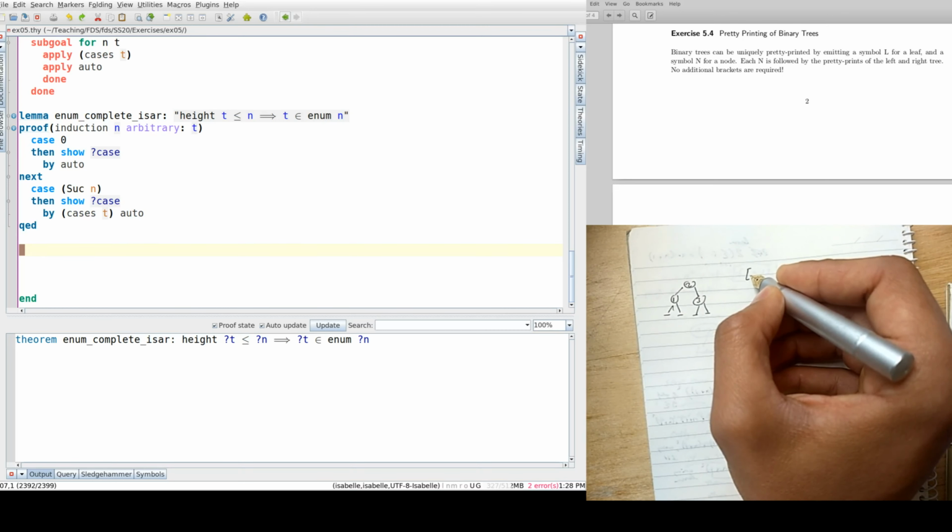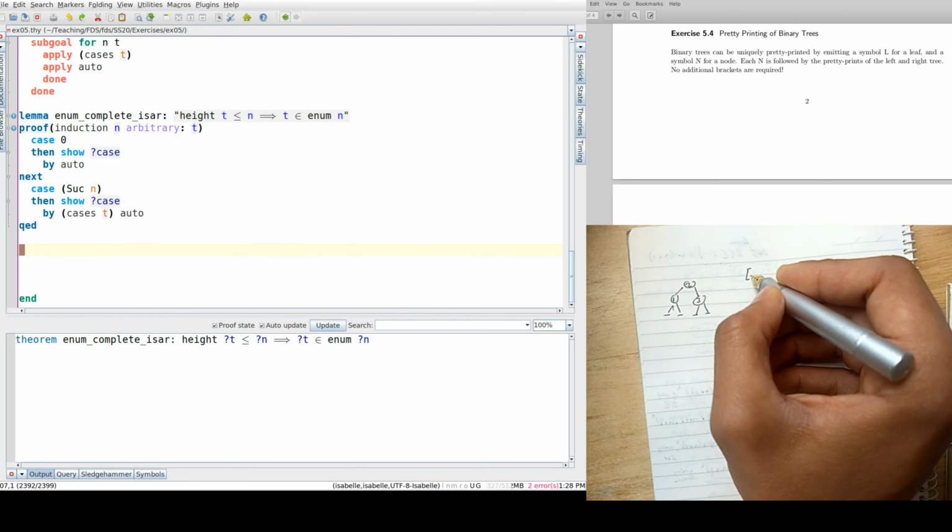Okay, so that's the data type, and the pretty printing function will be this way. It takes a tree and gives you a list of those of this data type. So either a leaf or an inner node with some content in it. Okay, and that function